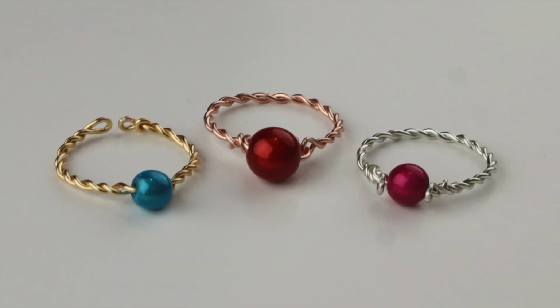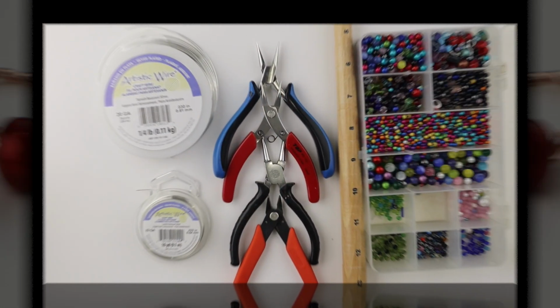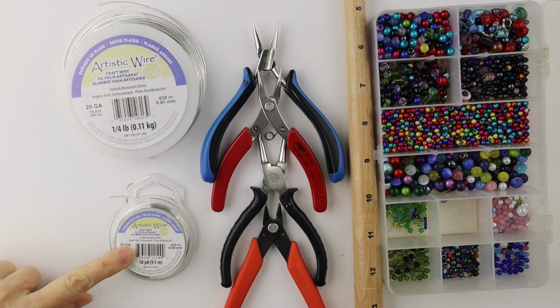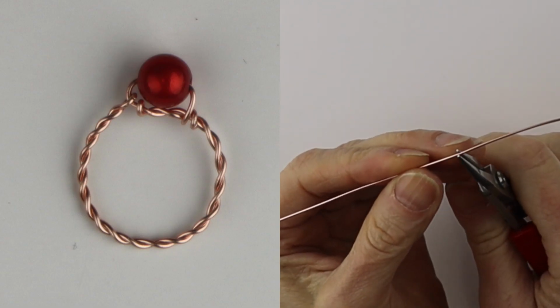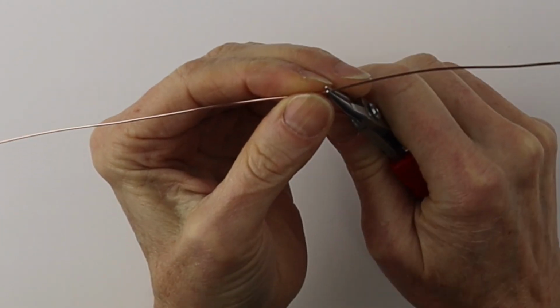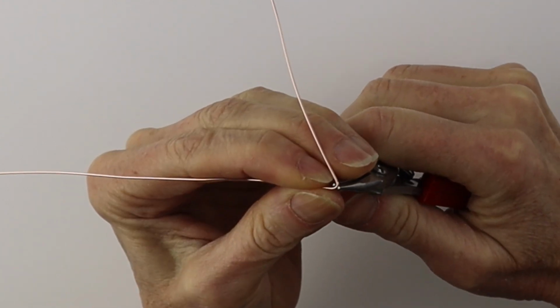I had a special request from Rose to make twisted wire rings with beads. What you're going to need for this project is 20 gauge wire, 22 gauge wire, your tools, a ring mandrel, and the beads. For the first one, I'm just taking about an 8 to 10 inch piece of wire and